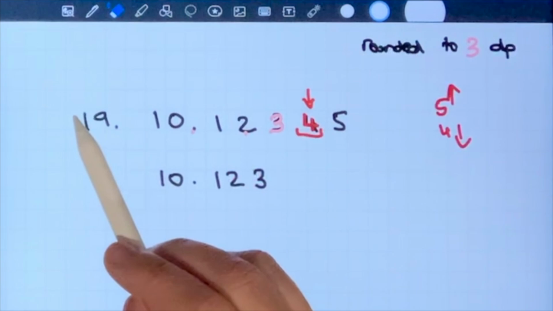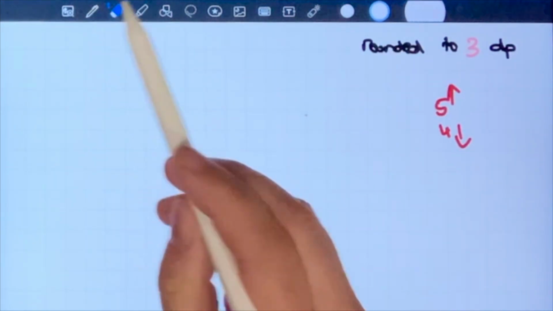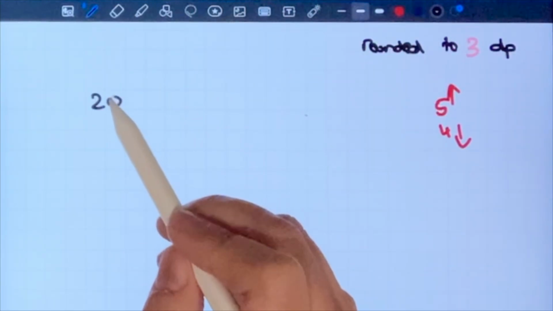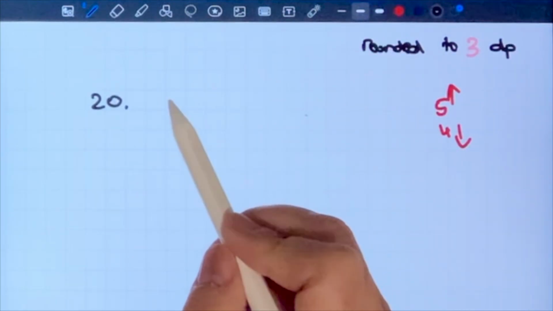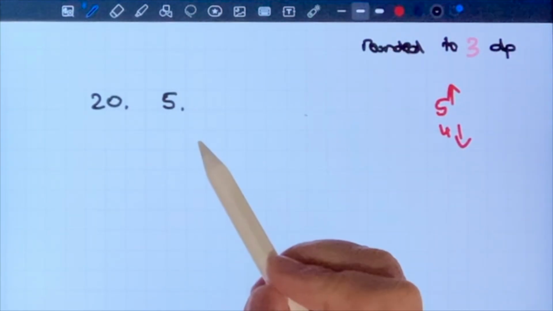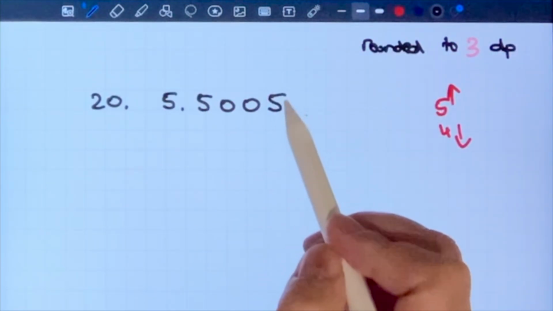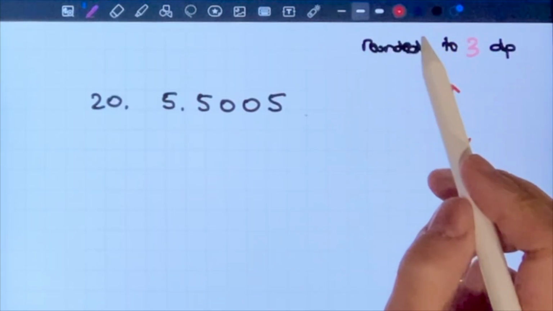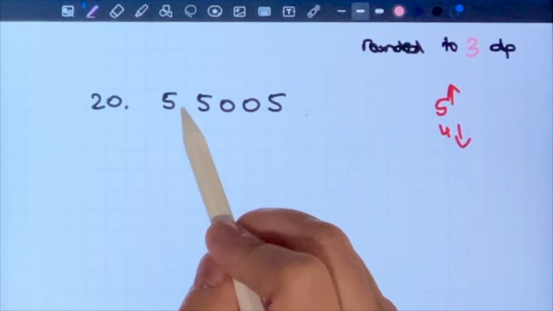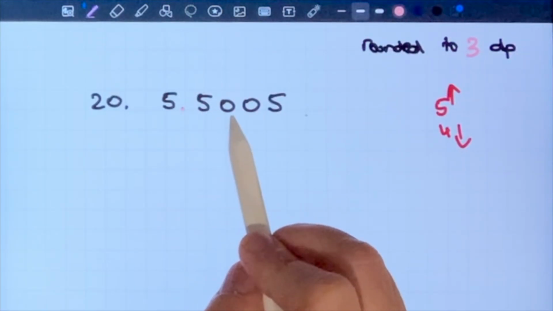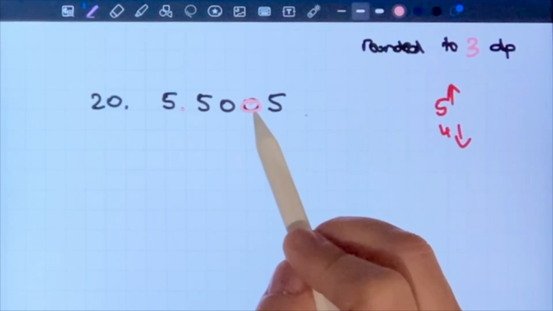Alright, very last example. Question number 20. We've got 5.5005, and we want to round to 3 decimal places. So there's my decimal. So 1, 2, 3. So my 0 is either